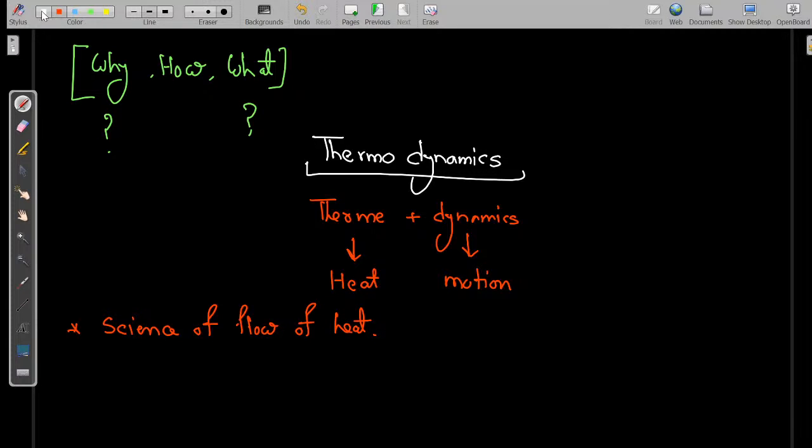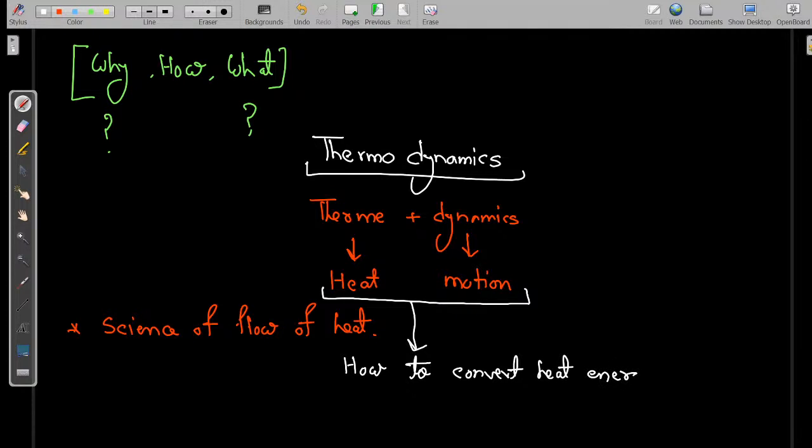The basic origin of the subject thermodynamics was how to extract or how to convert heat energy into mechanical energy. And it's not only how to convert, it is converting efficiently,